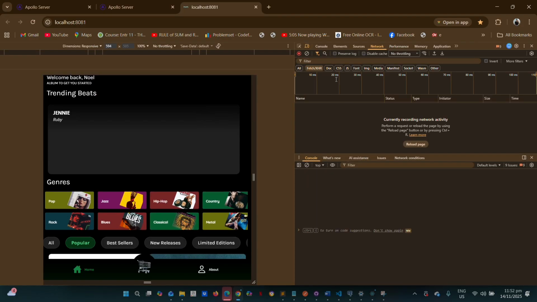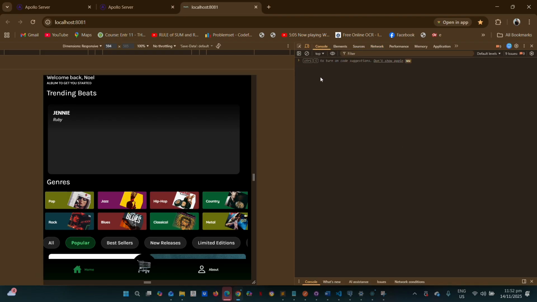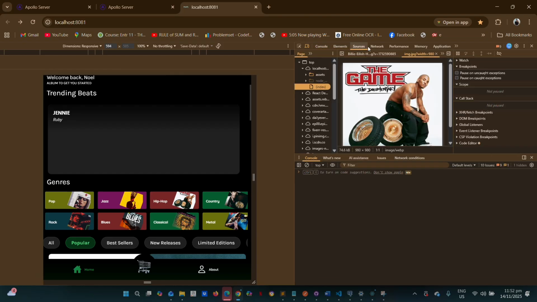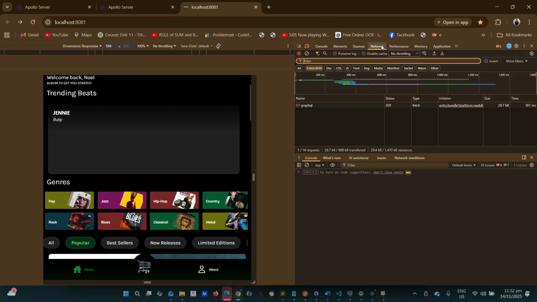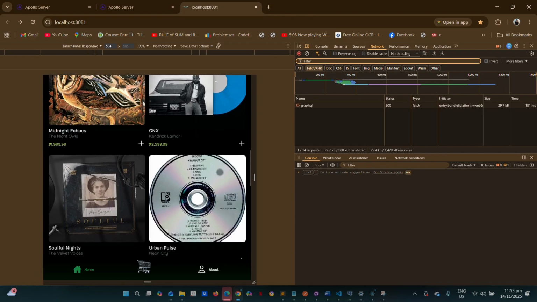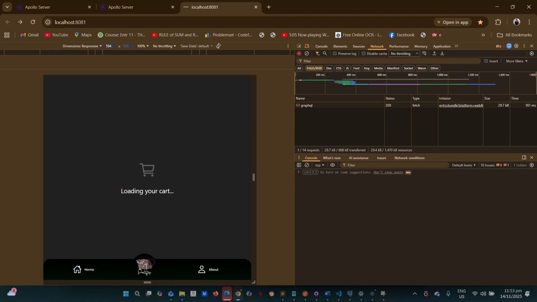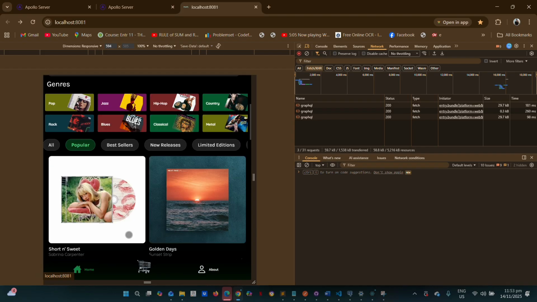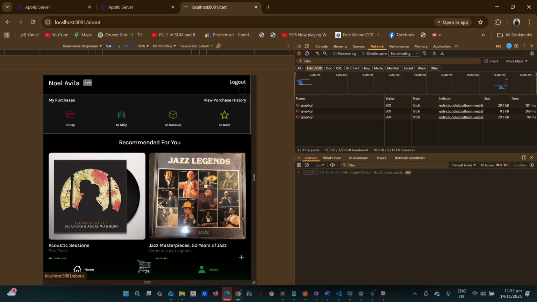This is what it looks like in the console, the elements, network, performance. Let's try the network so it will let you know that this is really from the back end or from GraphQL.